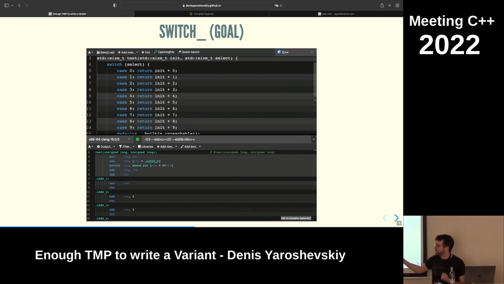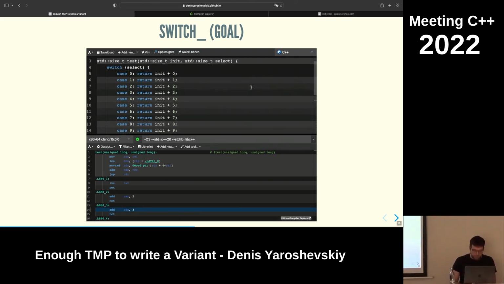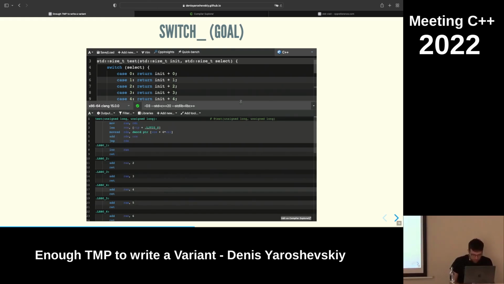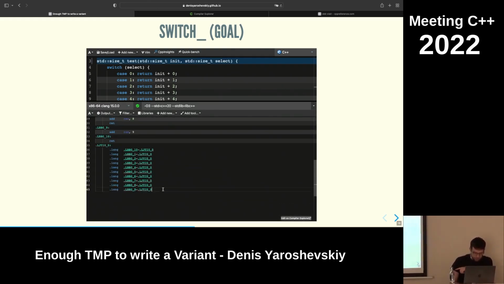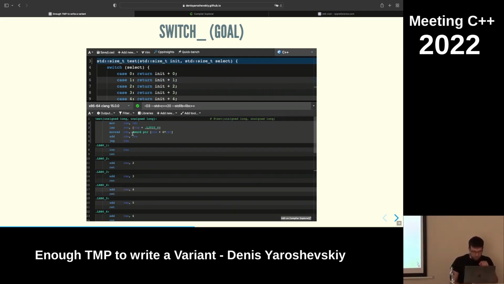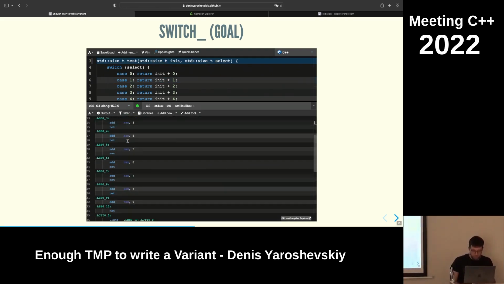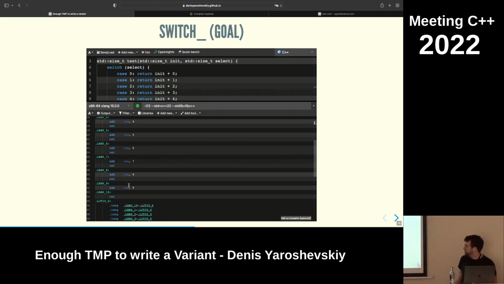So we want to understand what assembly we get in the correct case, and then we're going to try to match it. Right, so this is a kind of correct case, and what do we see? We see a jump table specified, and basically, we compute the index and then do jump to the correct position. So this is what John would like.